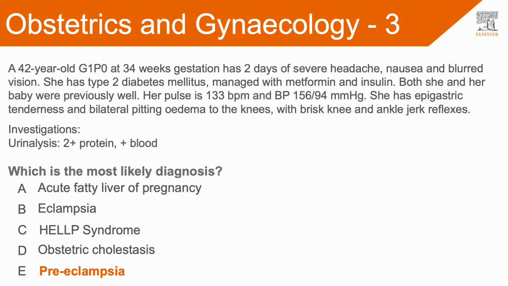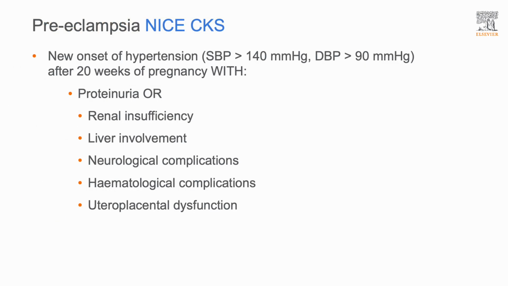Eclampsia is a severe variant of preeclampsia, which we're going to discuss in the next few slides. Preeclampsia describes the new onset of hypertension, so systolic blood pressure of over 140 millimeters of mercury and a diastolic blood pressure of over 90 millimeters of mercury after 20 weeks of pregnancy, with one of the following features: proteinuria,